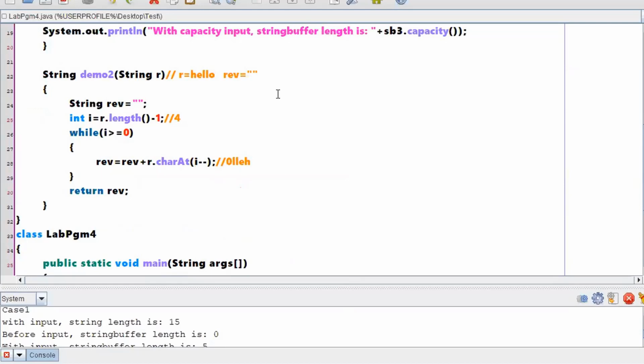Sir, you told us string is immutable, so why don't we make a rev in demo to string buffer? Yeah, we can. Why don't we use this.rev? Where do you want to use this.rev? Line number 28.